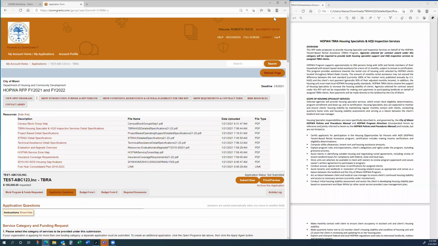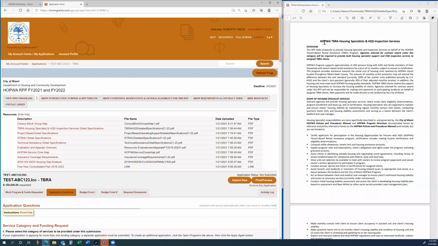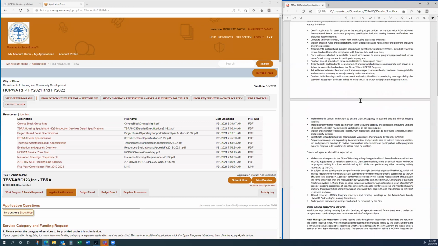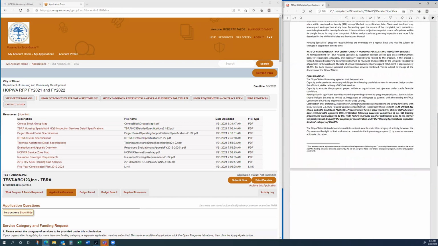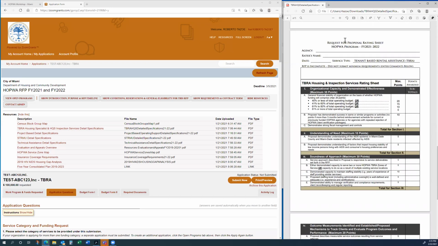Okay, so what I have here is the Tbra specs. It gives you an explanation of the things that we expect from you. But at the end of that document, you have the rating sheet. This is the exact rating sheet that the reviewers and the raters are going to be utilizing to rate your